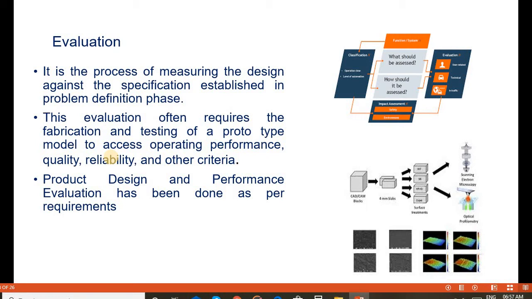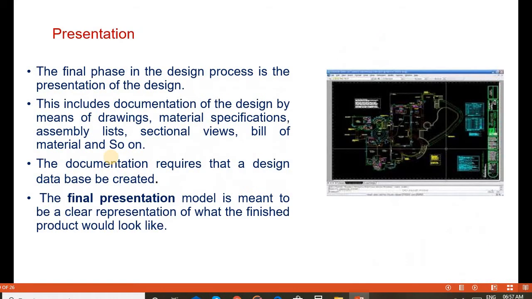At every activity we have to go for evaluation, especially in prototype model testing and fabrication, and also operating performance. The product design and performance evaluation is done as per the requirement of the product.